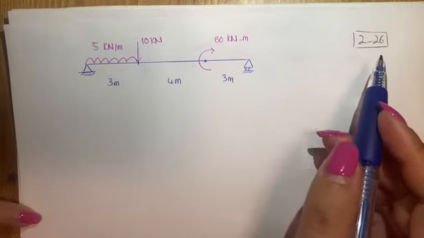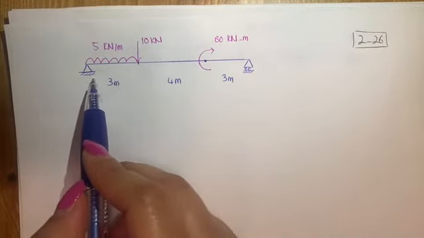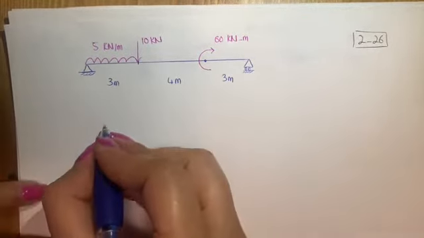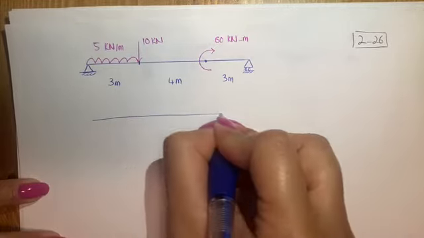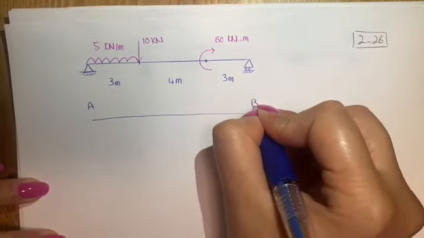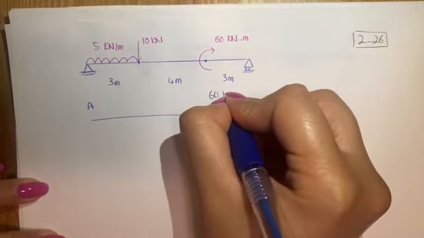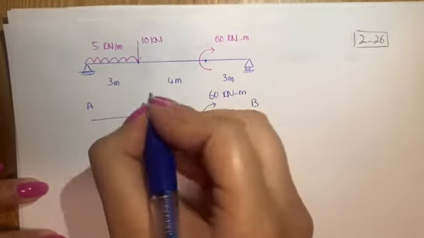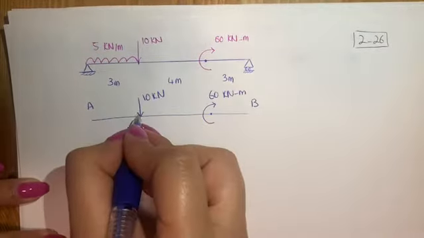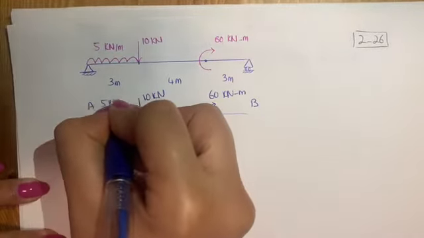Here is question 226. In this question, you are required to calculate the reaction forces at these 2 supports. So here we have a beam with points, say, A and B. Here there is a 60 kilonewton meter moment. Here we have a concentrated force of 10 kilonewtons, and here is an evenly distributed force of 5 kilonewtons per